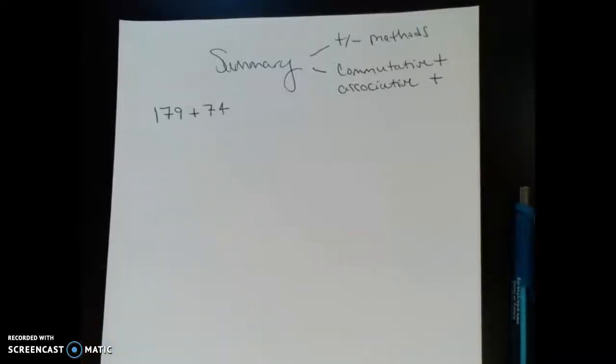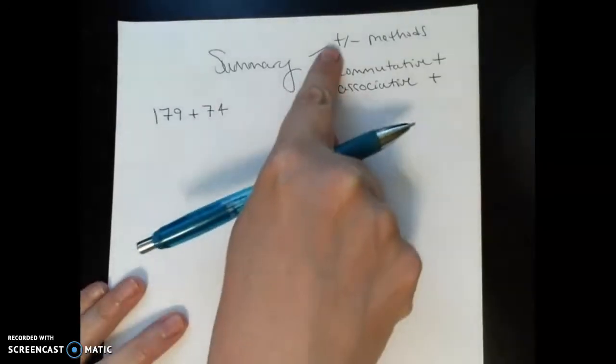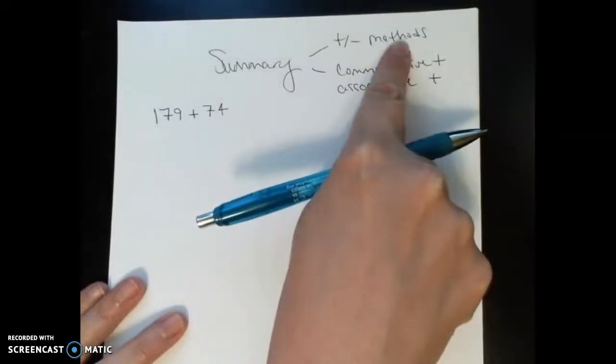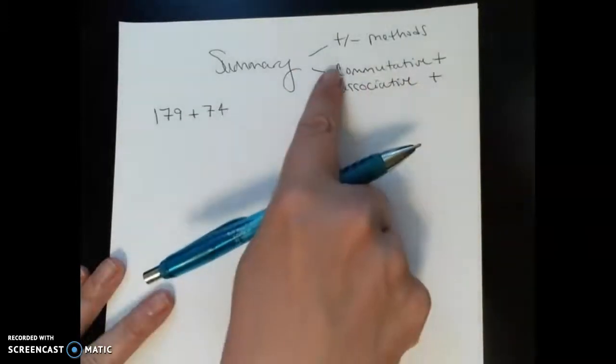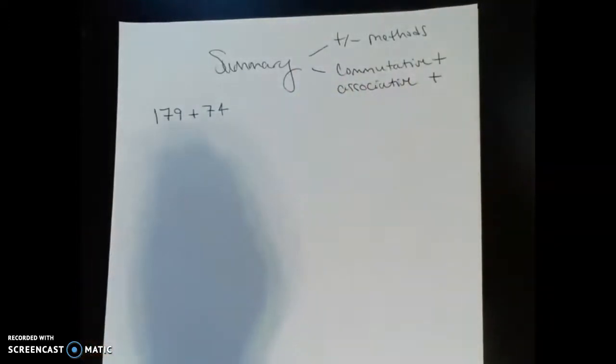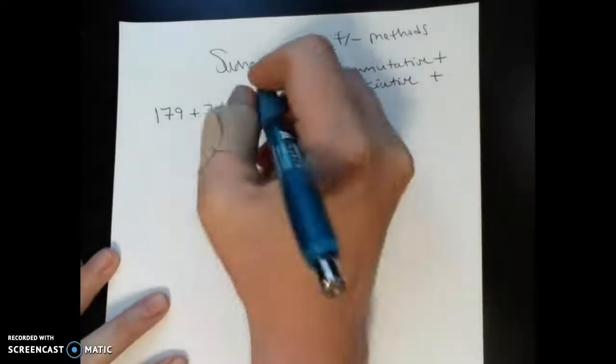So this is just a quick summary video of what we did today in class. We talked about the adding and subtracting methods. Now, these aren't the story problems. These are how kids solve more complicated problems. And then commutative and associative property of addition. So, again, the traditional